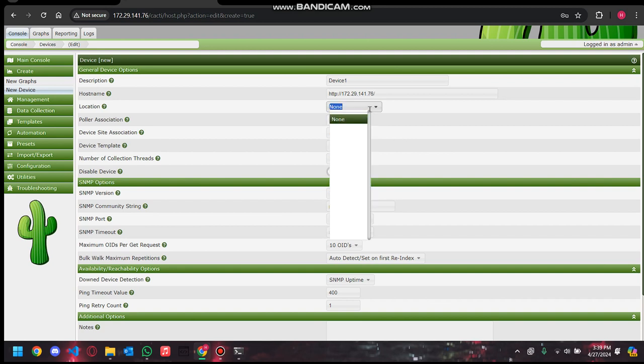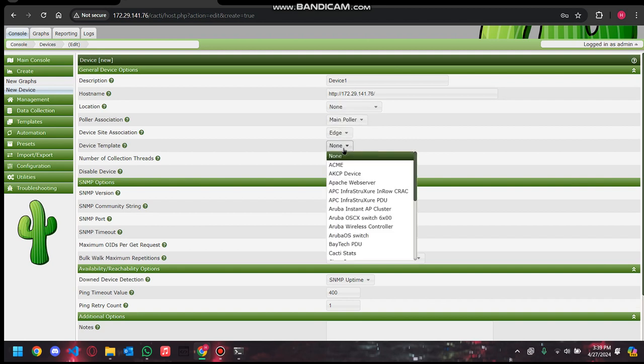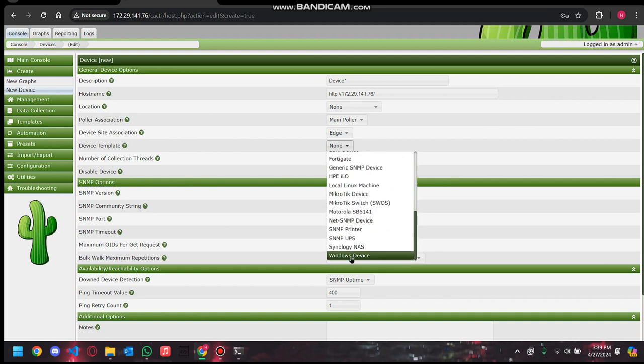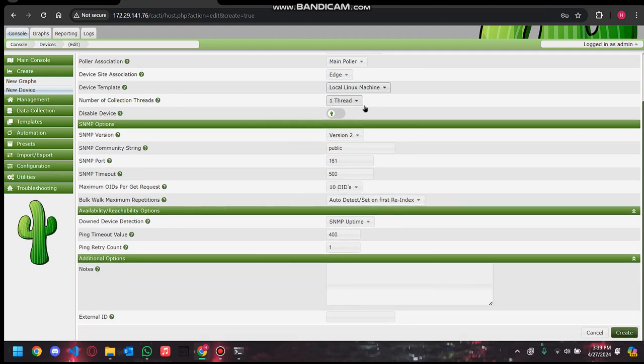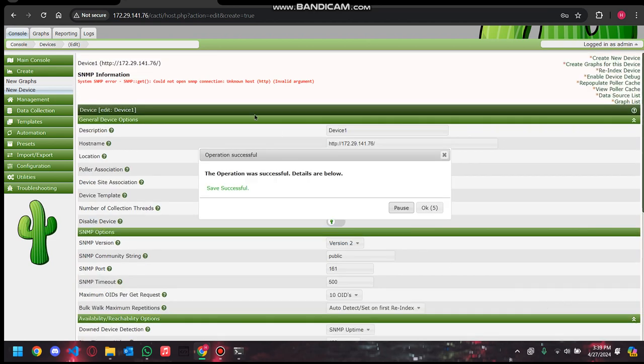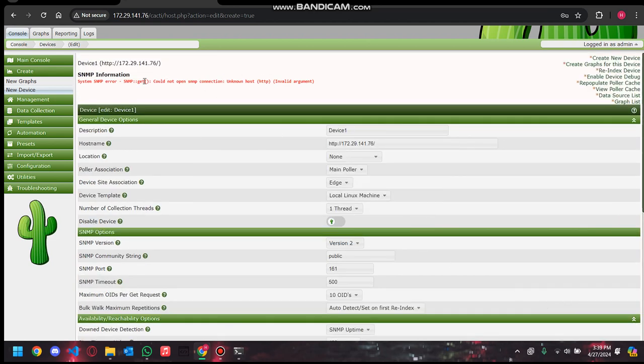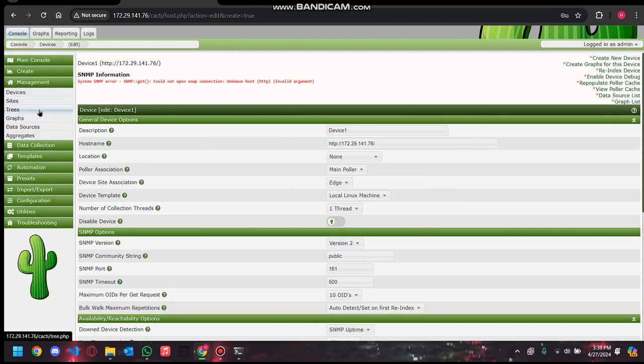And the location is none, and the device template, you can have several templates. It could be a Windows device, MikroTik device. For now, let's do local Linux. And then you can customize this for your liking and press on create. This won't work since it's an unknown host, but when you do have the device, you can go to management